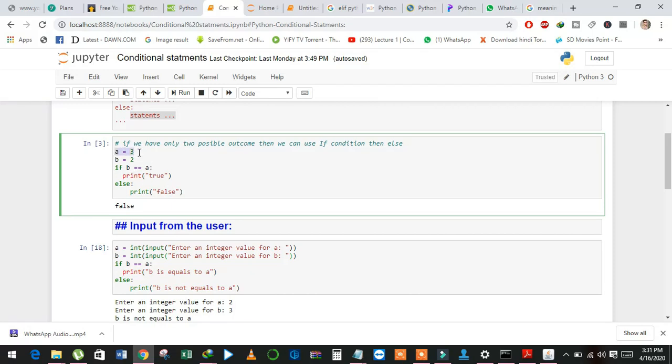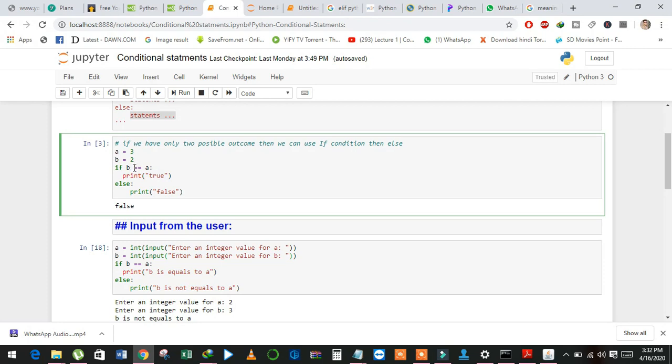This example we have discussed in the previous video, but I want to teach something else, that's why I use this example again. See here, we have variable a with value 3 and variable b with value 2, and in this piece of code I want to check that if b is equal to a, then print true.